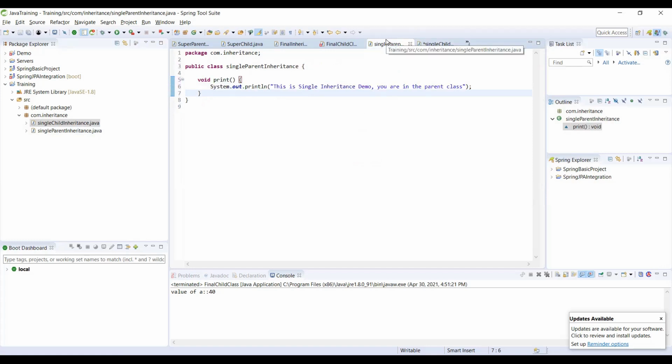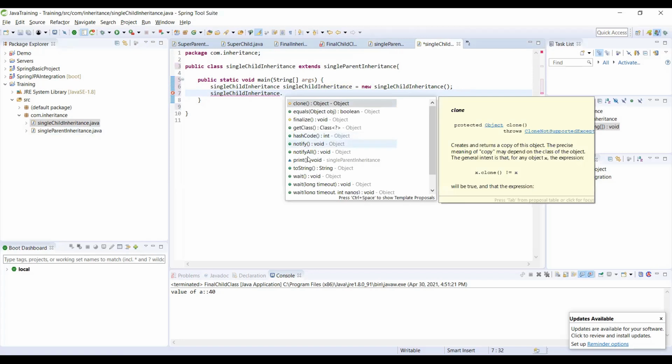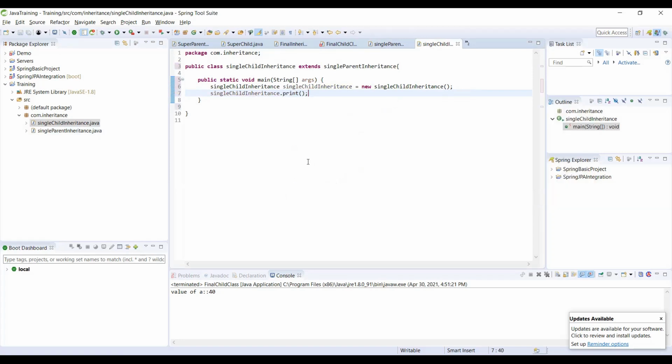What was that? It was print. We have a print option here. Normally I don't have a print method in this class, but how am I able to get it? It is because I have extended the parent class and this class has that particular method.